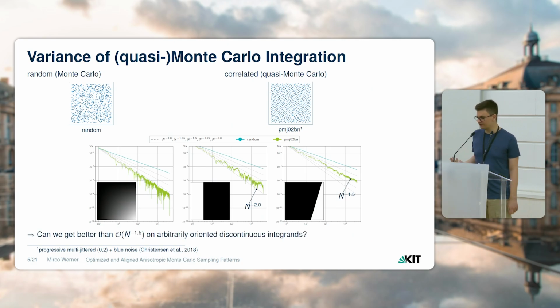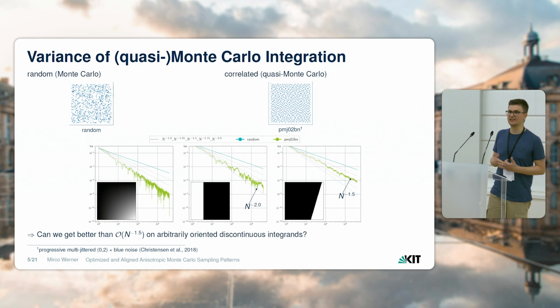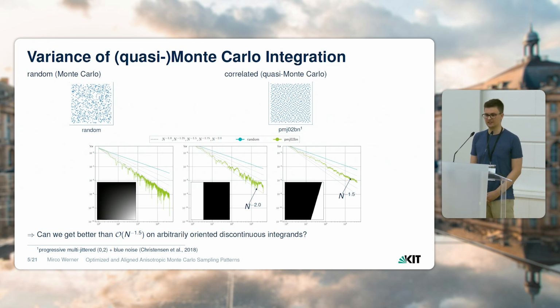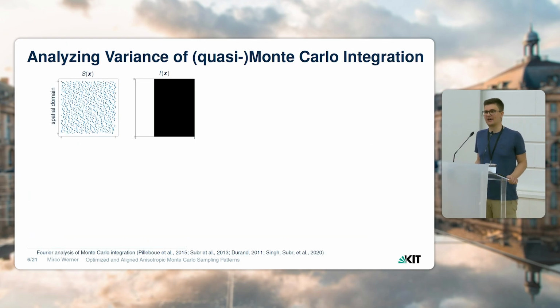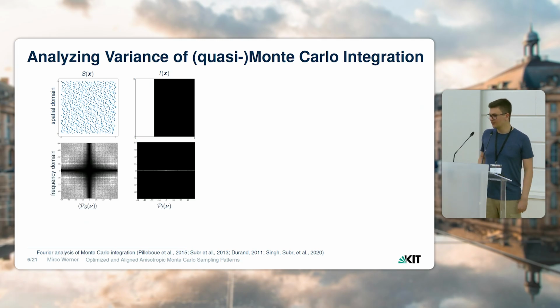So what we want to solve in this paper is the question whether we can get better than these poor convergence rates on arbitrarily oriented discontinuous integrands. For that, we first need to take a look at some prior work which analyzed the variance in quasi-Monte Carlo integration. What they did is they take the sampling pattern and the function they want to integrate from the spatial domain, and apply a Fourier transformation to get the respective power spectrum in the frequency